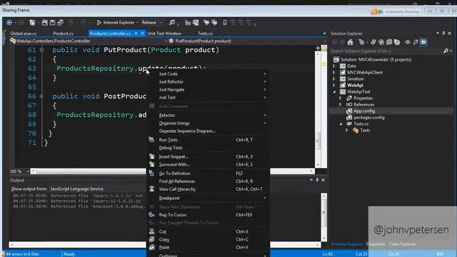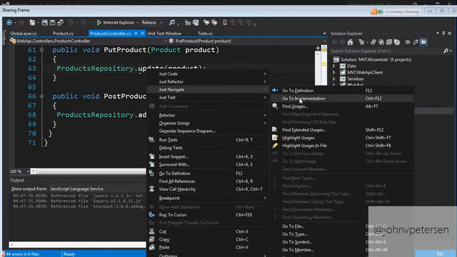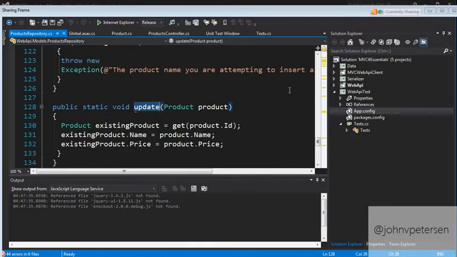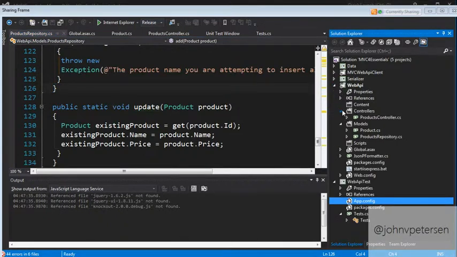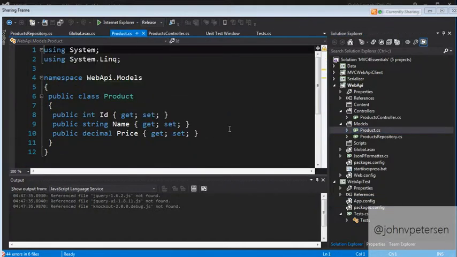So if I go to that definition, what's it doing? Well, remember, I'm passing JSON to the web API. It's binding to product. And just so that you can see it, here's the product. Basically it has 3 properties: ID, name, and price.